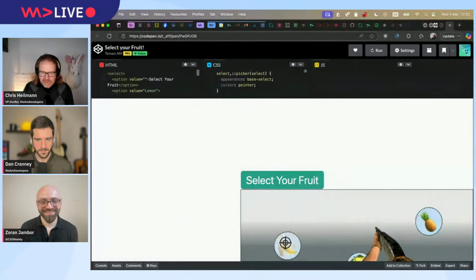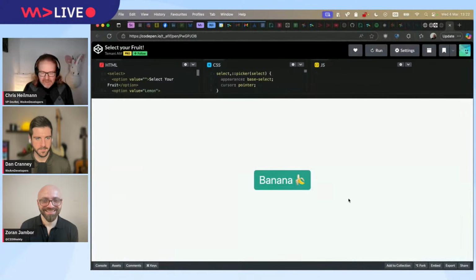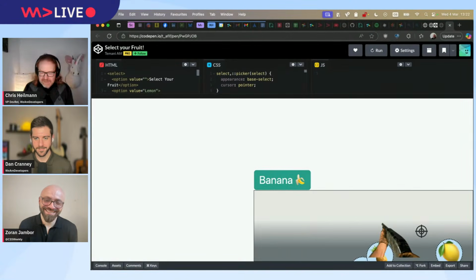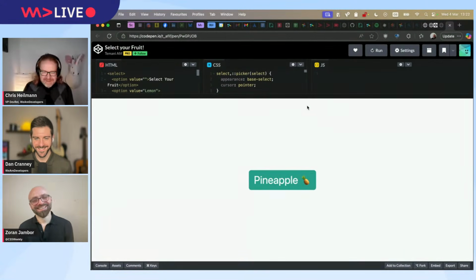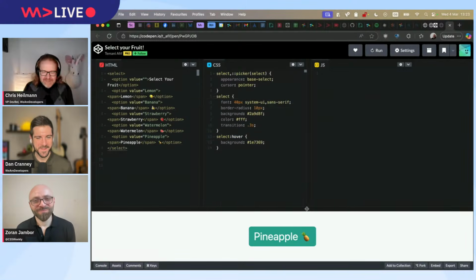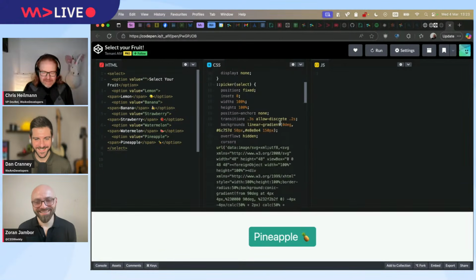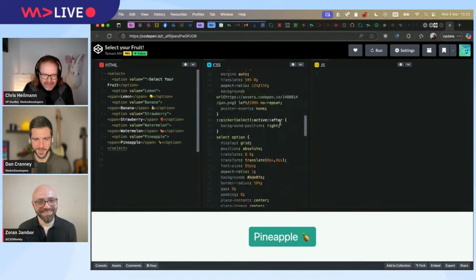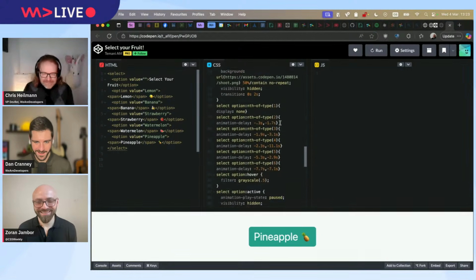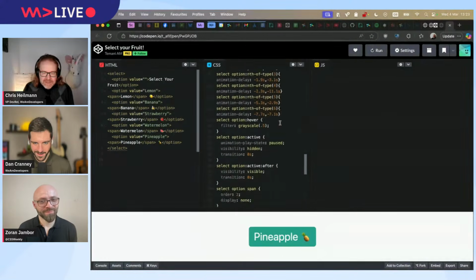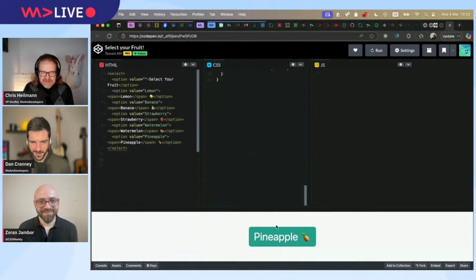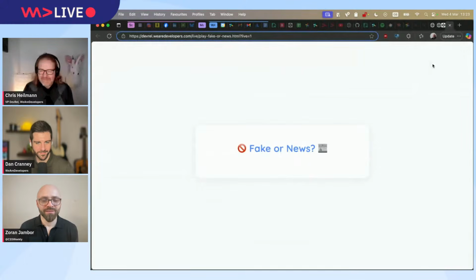Okay, but you shoot the different fruit, and that's how you select them, rather than just having it in there. And this is just CSS, and it's not even JavaScript. Look at that. This is just mental. Like how do you even do that? Oh wow, animation delay and everything. So this is just very, very much fun. You can do everything, and yeah, that's over engineering it, but the money does a lot of great stuff.